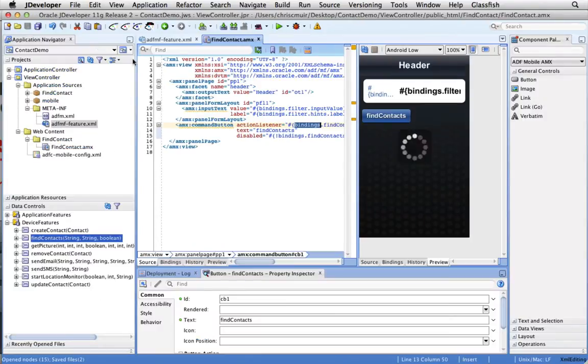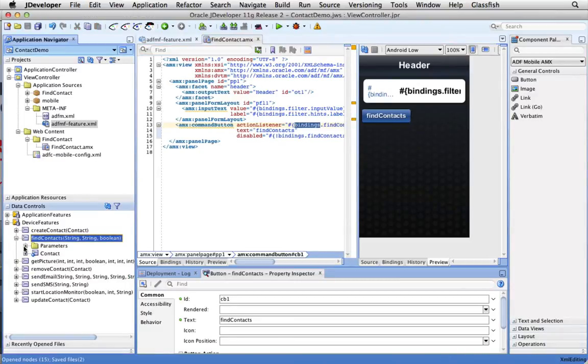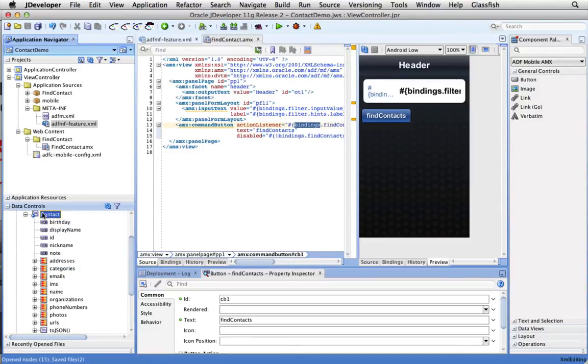So with the page with the filter and the find contacts button, all good and well that it will search for our contacts, but we necessarily want to see the results as well. So in the find contacts method of the data control, you can see that it returns a contact, with all sorts of different fields for the contact. Now you might notice it says contact and not contacts. So a nuance of the data control method here is it doesn't return a collection, it only returns one contact. So even though we've got the multiple Boolean parameter to say return multiple of them, we'll only see the first